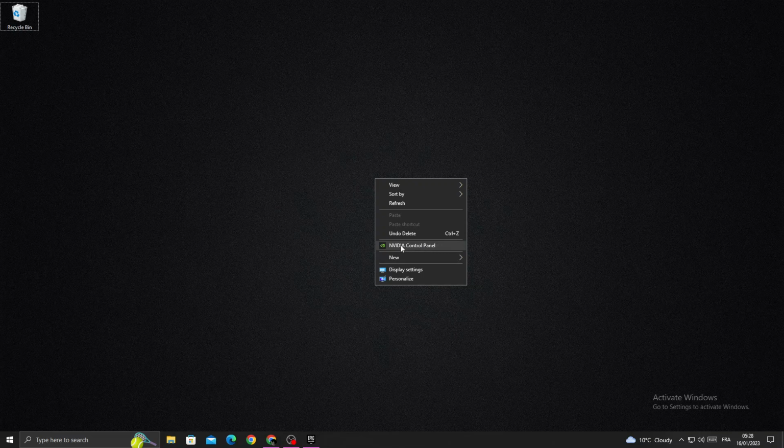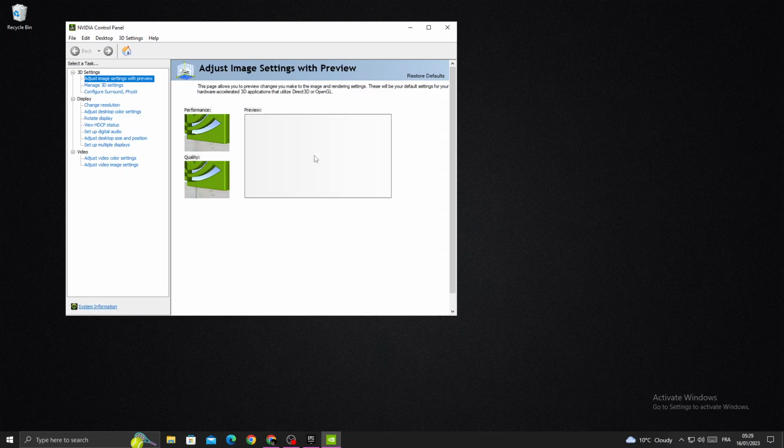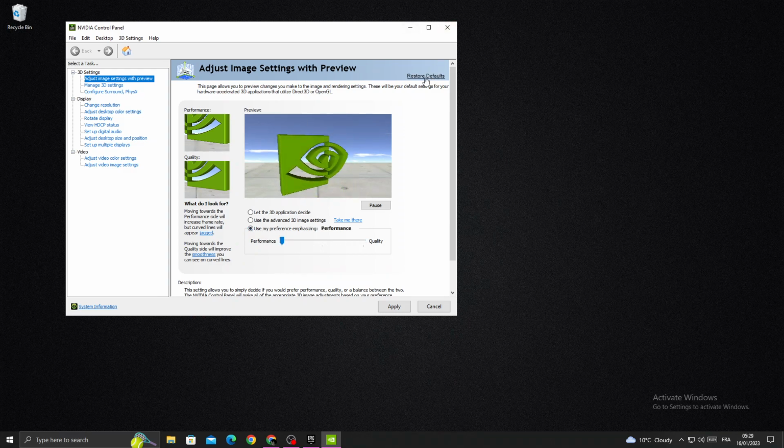go to NVIDIA control panel. And now just click use my preference and move it to performance. And then just click apply and close it,